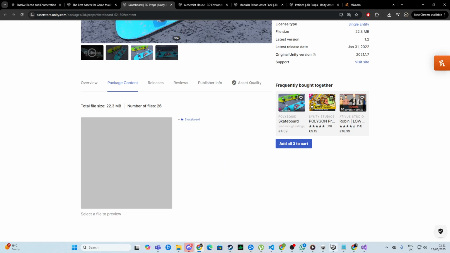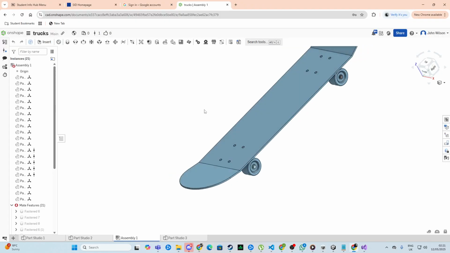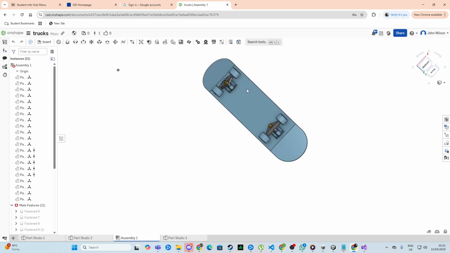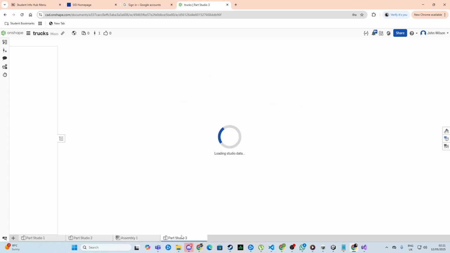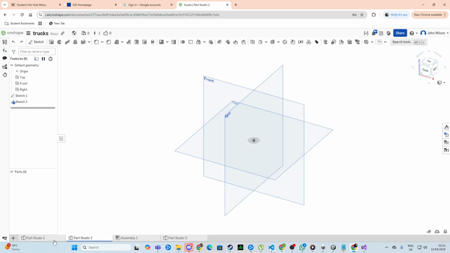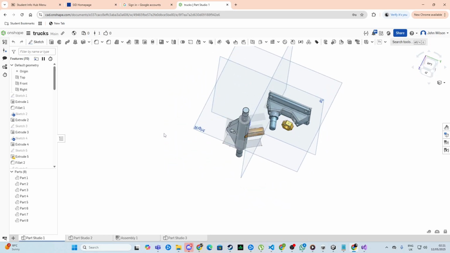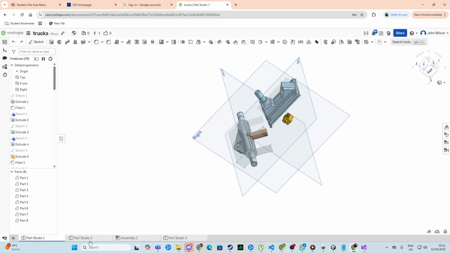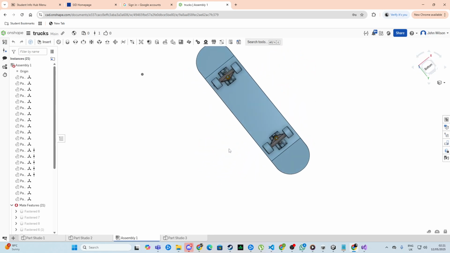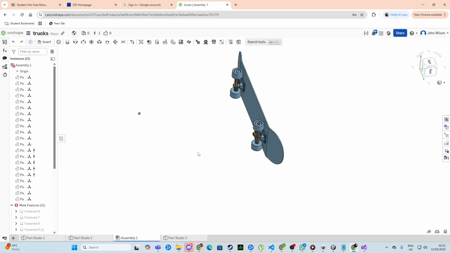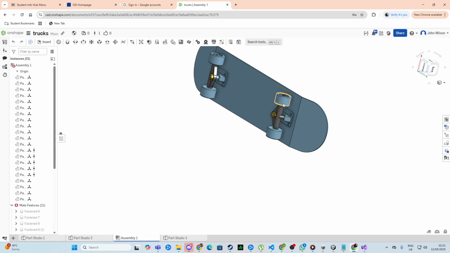So what I did was, because I'd done it a little bit before, I fabricated one in Onshape, which is a tool I used to use when I was doing engineering. This is the truck component, and then there's other studios with the deck and things in, and then this is the final fully made game object. Then I imported it in separately, the wheels as one, the trucks as one, the deck as one, and then I put them together and duplicated them on the table